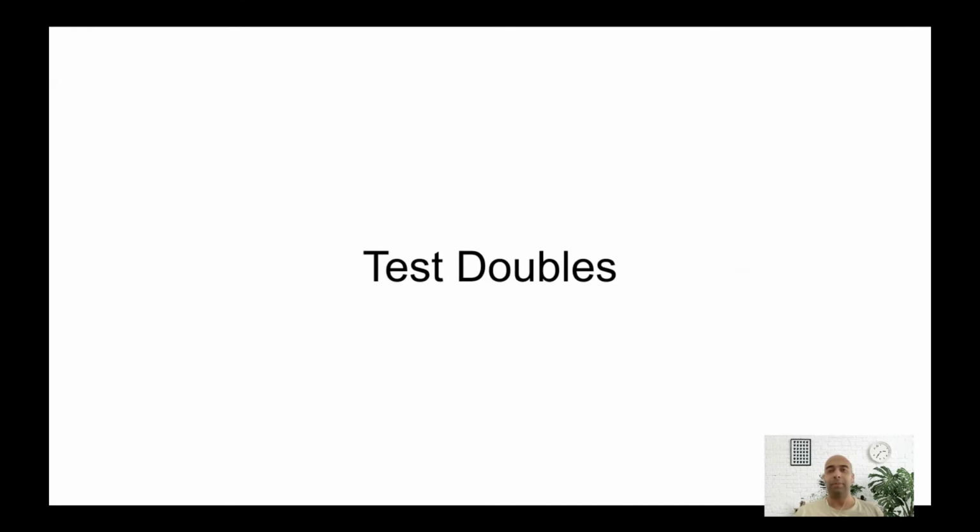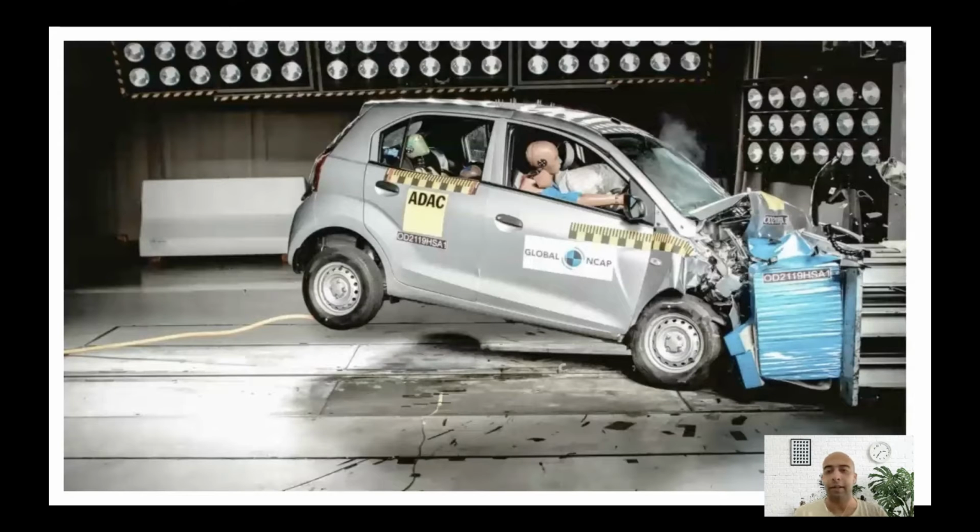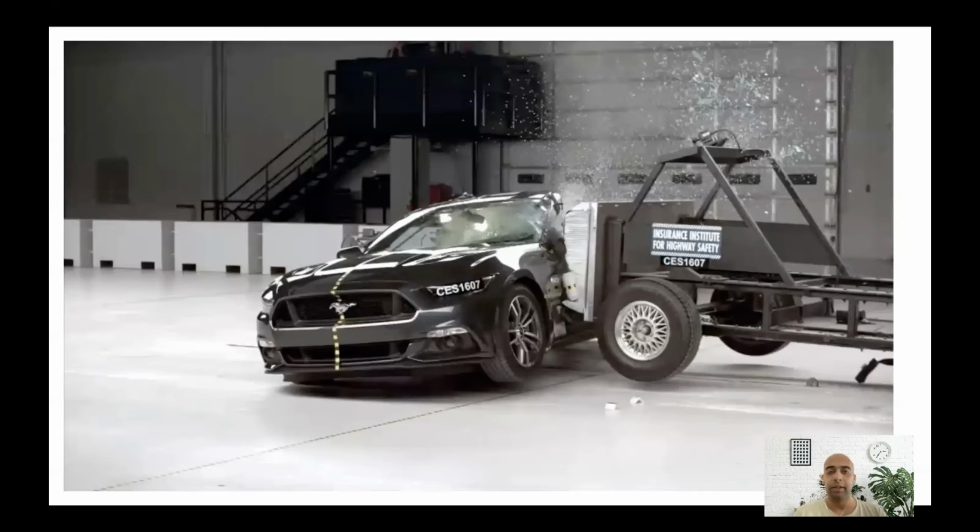To understand this type of test double, we'll use our favorite example, which is car crash testing. In this car crash, instead of focusing on the dummy inside the car, I want you to focus on the obstacle that is hitting the car. This obstacle is not a real car or any real object that you would see on the road. This fake obstacle has only one job: to hit the car under test at a certain force and a certain angle. To make this concept clear, let's look at this image.